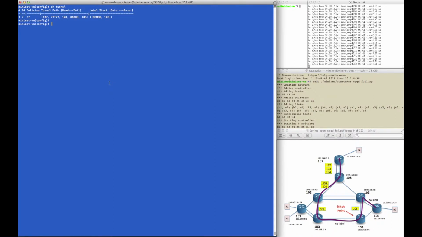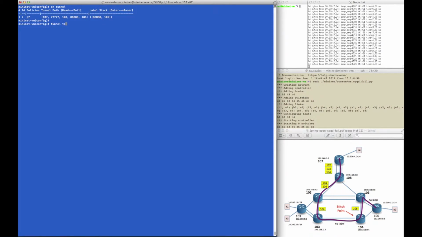But this is also a perfect example of the power of SDN, where we can use software to get around the limitations of hardware. And so in this video, we will show a feature that we call segment stitching, whereby parts of a deep label stack can be stitched together in the network, and the controller takes care of doing all the stitching for the network operator. So let's go ahead and start by